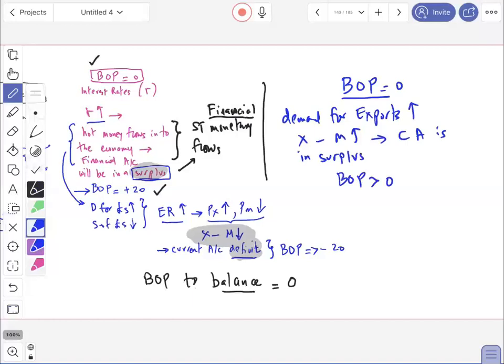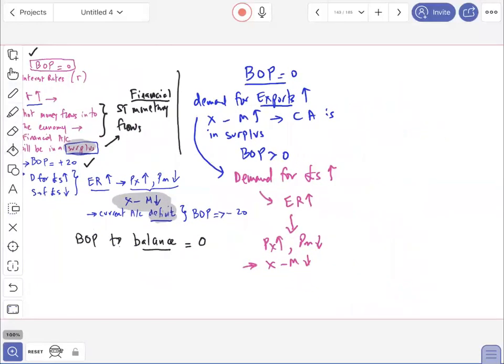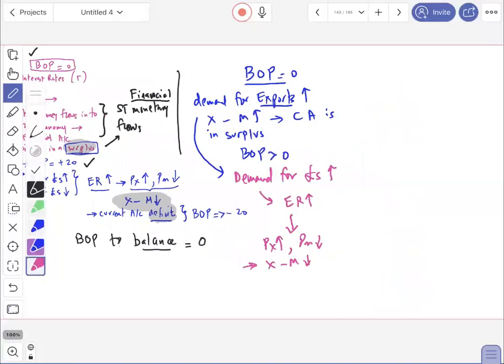But because your exports are going up, one could also argue that your demand for pounds will go up. If demand for pounds goes up, one could argue also that the exchange rate will go up. And that exchange rate going up will cause your exports to become expensive, imports to become cheaper, and therefore X minus M to start to fall. Some of the adjustment will take place automatically because your exchange rate is going up, and when X minus M goes down, your current account